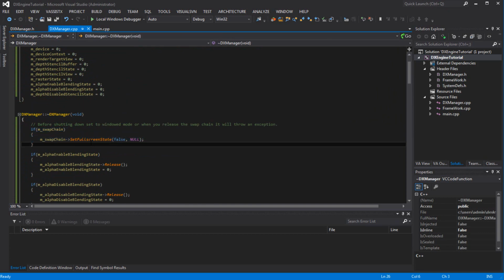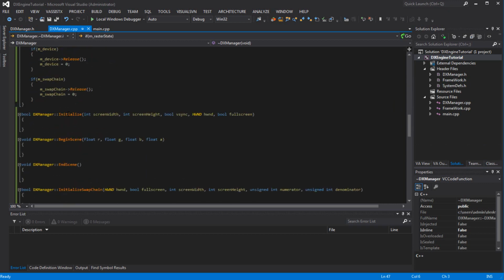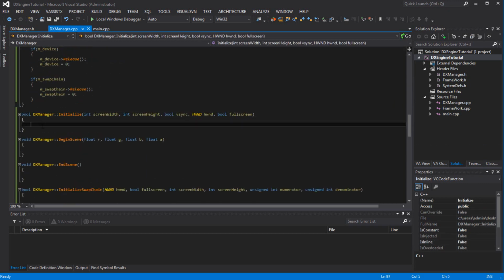So if it's full screen, then you can make sure you set it to window mode. Alright, so once you have that, hold on, give me a second. We can initialize our DX manager. So we can need in here